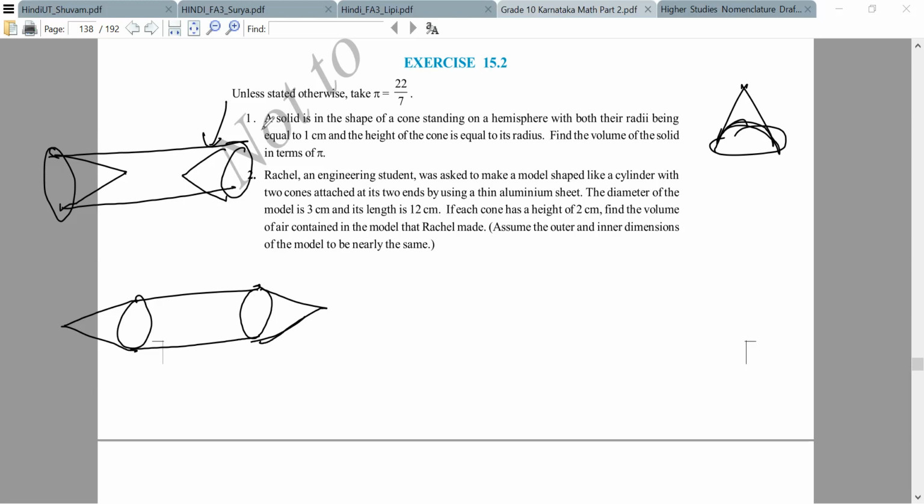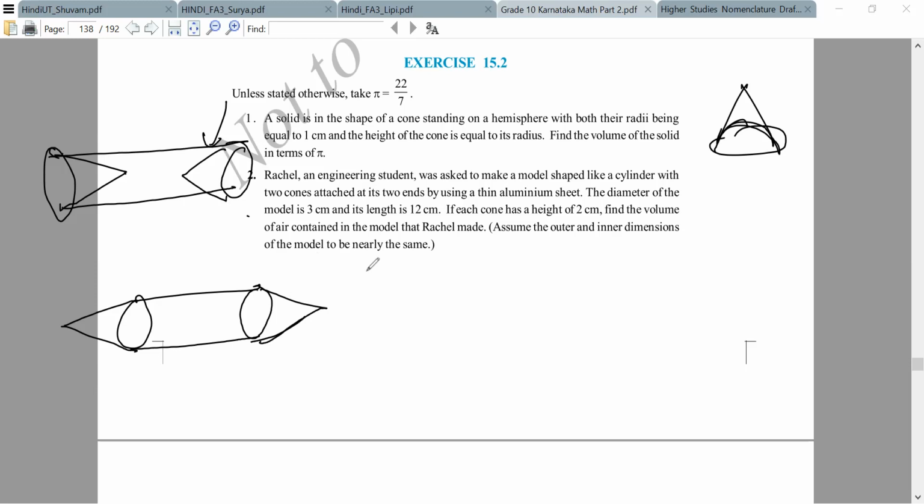Circumscribing has a different meaning. Circumscribing means it's covering, that's also a different thing, but that may not come here. It will be like a cylinder is covering the 2 cones. The 2 cones are inside the cylinder, the tips pointing to each other, something like that. You will figure it out, okay? Unless it's explicitly stated, you have to draw it outside. Are we good with that?